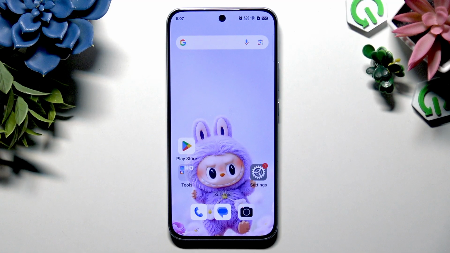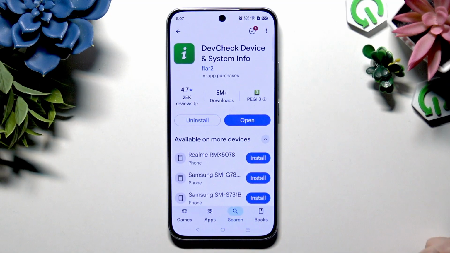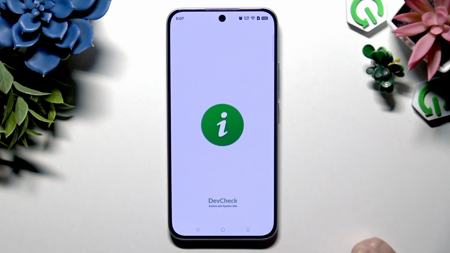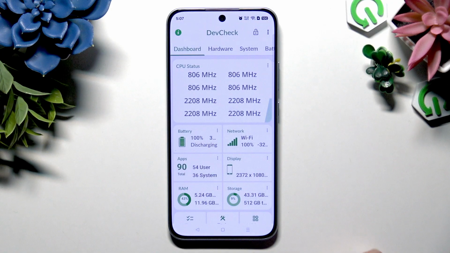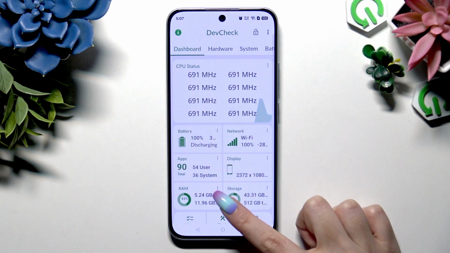First of all, you need to open Play Store to download my favorite app I use while testing new devices. It's called DevCheck Device and System Info from Flar Developer, and you can get it for free. After launching it, you'll be able to see all the information about your device's dashboard,